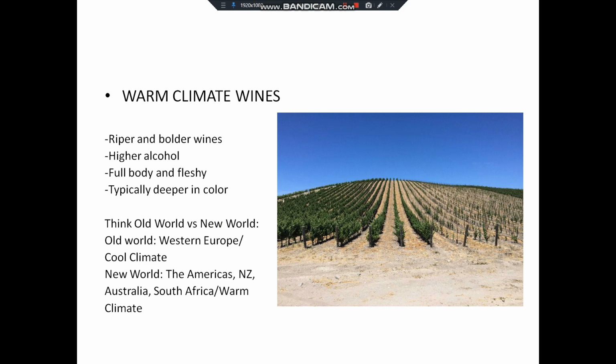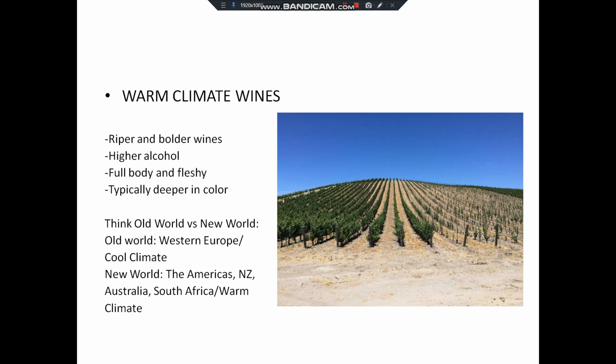Here, beautiful picture of Laventure Winery in Paso Robles, California. If you ever go to Paso Robles, California, make sure you stop by Laventure Winery. This is the best winery in town. I am not affiliated with that winery. I don't get any kickbacks from them. It's just that they do a phenomenal job with their wines there. So make sure you stop by.